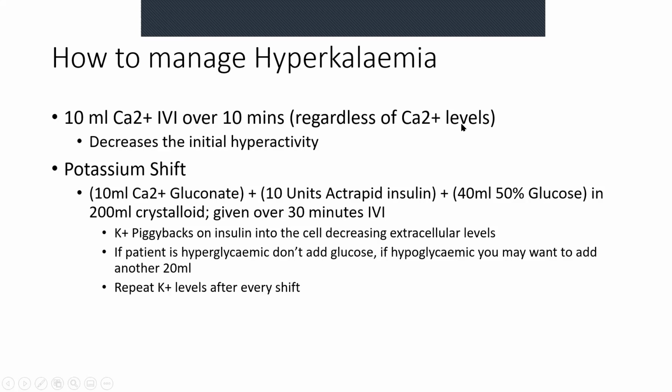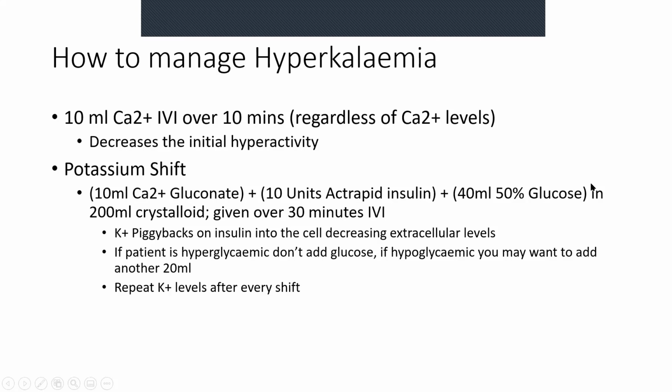All right. Now, this has to do with bindability to the receptors, things like that. So don't worry about your calcium levels. Just give the calcium. It will break down the initial hyperactivity. Now, after that, we do something called a potassium shift. Okay, so a potassium shift is also a combination of calcium gluconate, 10 mg. We normally give 10 units of act-rapid insulin or equivalent, whatever you have, and we give 40 mg of 50%